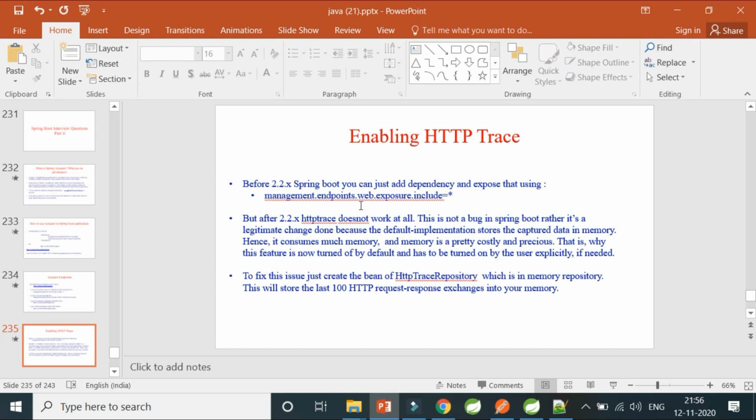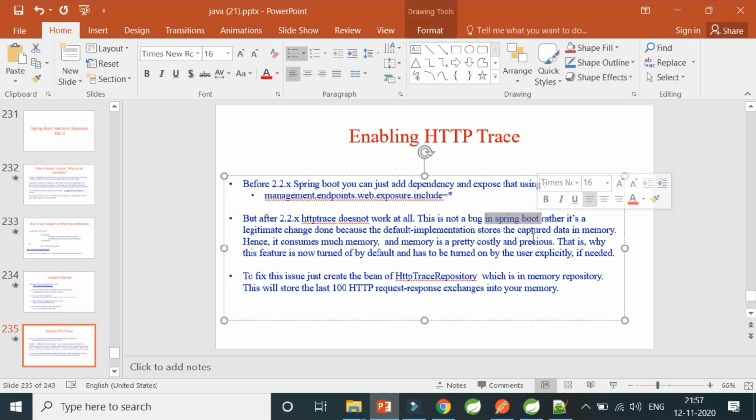And this is not a bug in the Spring Boot application, but rather a legitimate change, done explicitly by the people who are working at Spring Boot, because the default implementation actually captures your HTTP requests and loads that particular data, like actually 100 HTTP requests and responses are stored in your server's memory.